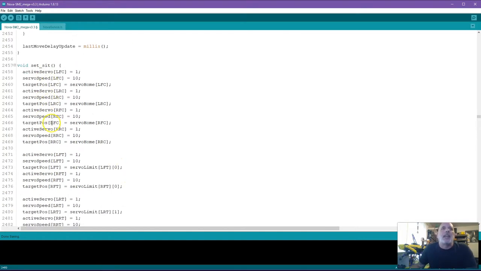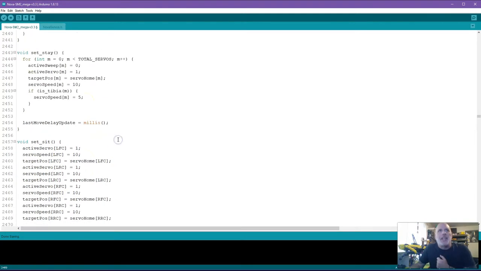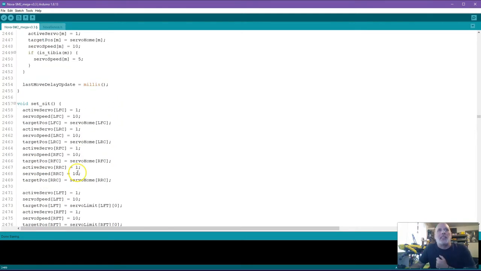But in this case, again, I decided to puppeteer this movement, basically, and define exactly how each motor or each joint moves. Okay, so real quick, you can see these are all Cs, so these are all four coaxes. I set them all active, set all their speeds to 10, and then set their target positions to home. And yes, I could have just done a for loop like that, so